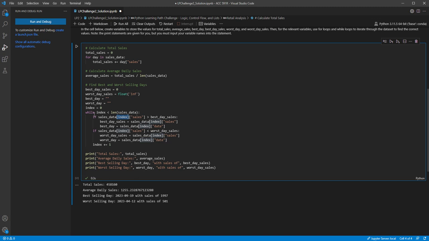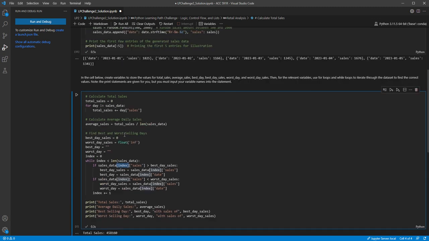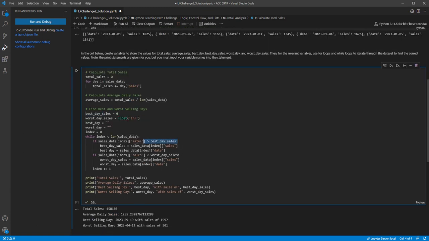When we call our list, we want to first say what day we are on, and then we're going to call the proper key, similar to what we did in our total sales. And that will come in handy because later on in the if statement, if it matches this condition that we've set, which is the sales data at this position, right now it's 0,